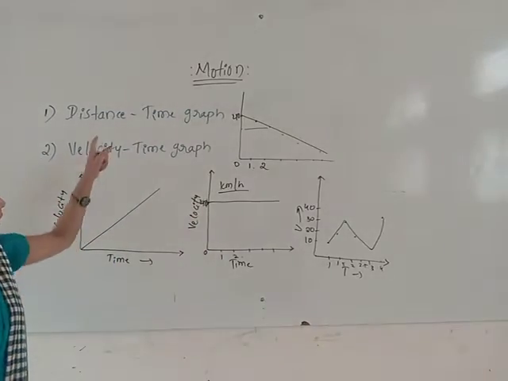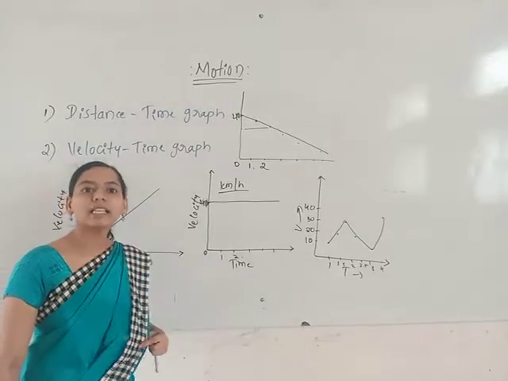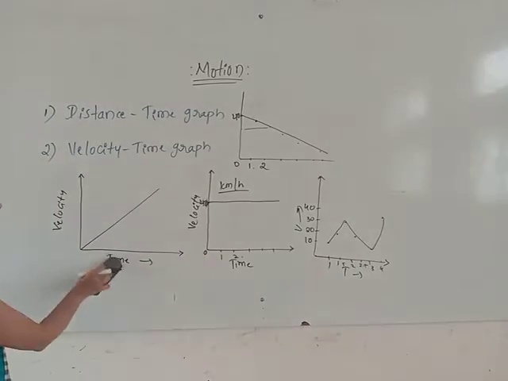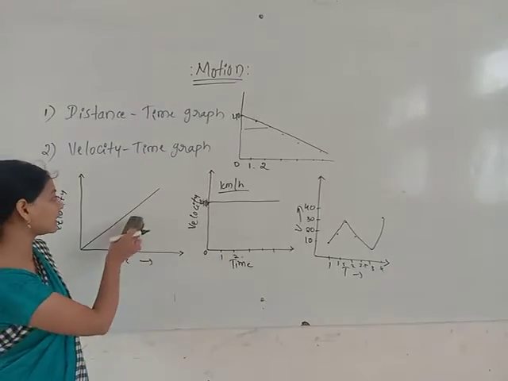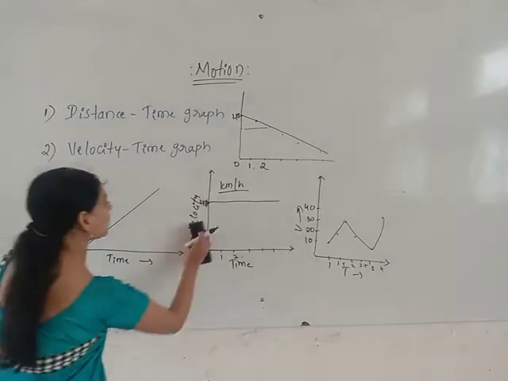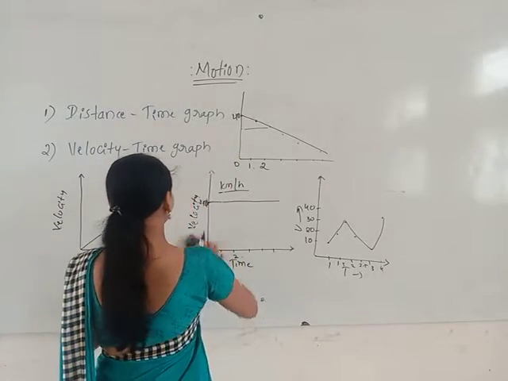Okay, then in the distance time graph we easily determine the speed of an object. So in the velocity time graph, we should also derive the distance of the object. Okay. So here,